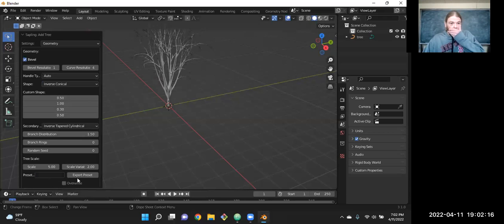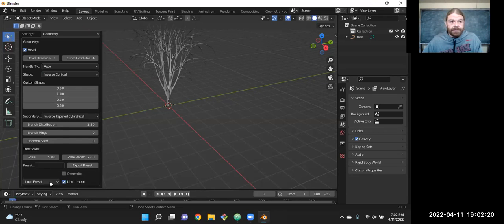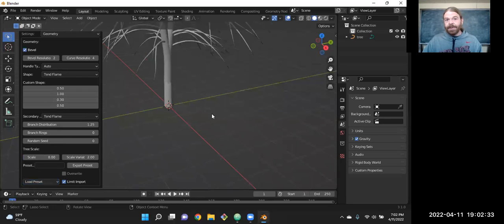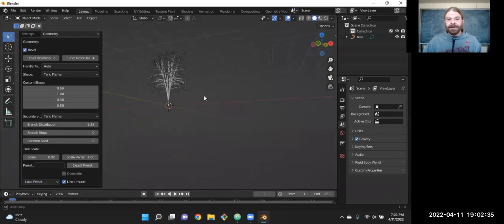Well, when your presets work, oh, I was looking at the wrong thing. I was looking at this. That's for the export button. Sorry. I forgot I could scroll down. I just noticed there was a scroll bar. So I guess my presets did work. A maple is what I find I start with most often.